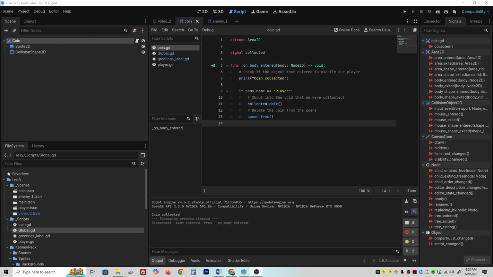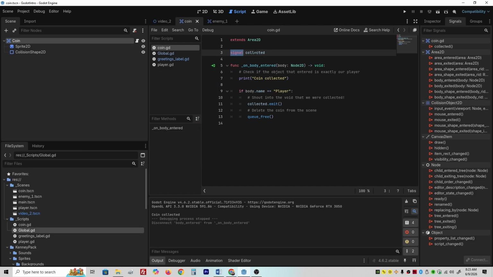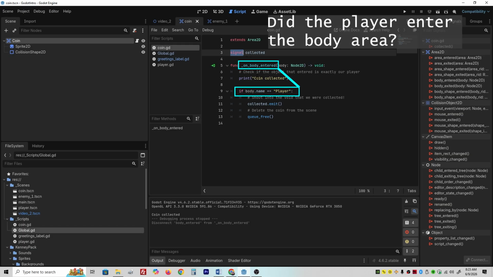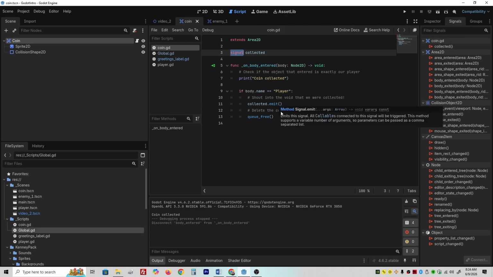But the real power comes from defining your own custom signals. Using the signal keyword at the top of your script, you can define a custom signal like signal collected, and then when a specific condition is met, like the player entering a coin's collision area, you can emit it using code like this: collected.emit. To actually react to this emitted event, the signal must first be connected to a function